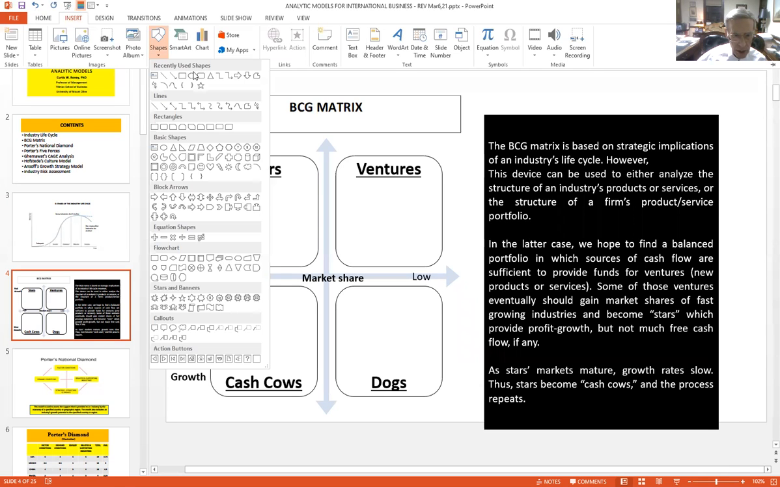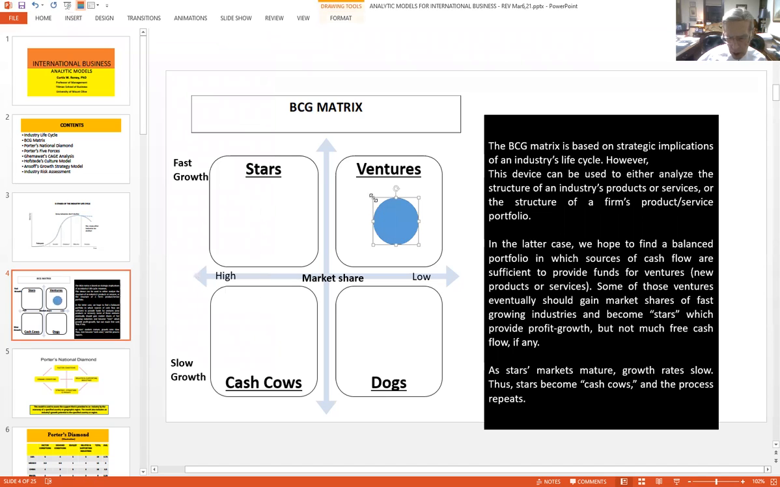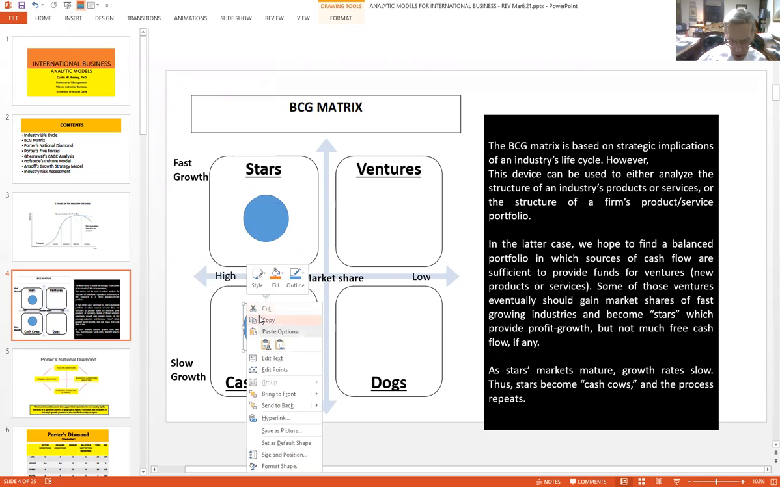Let me see if I can just bring this together for you as well. So I think I'll put this one here because that's a nice big one, and I'll just duplicate that one and say I'd like to have a cash cow that can throw cash up to those ventures. Now, what I've got to do is,